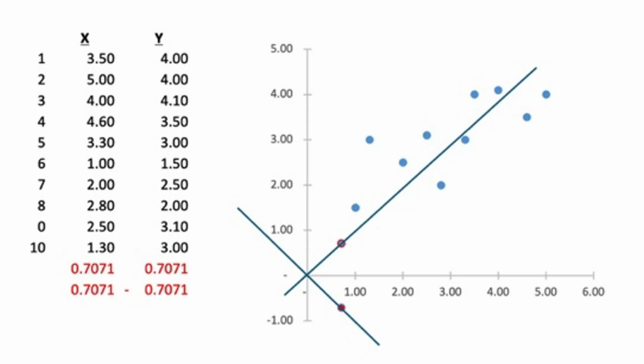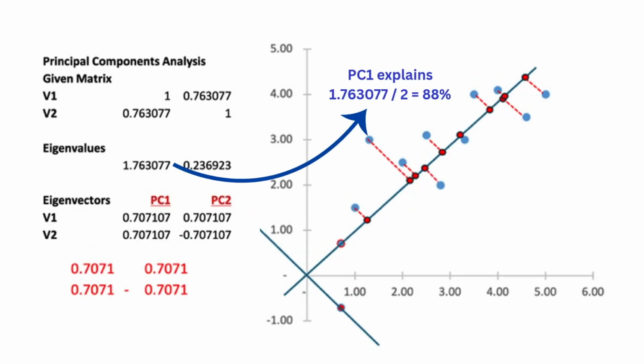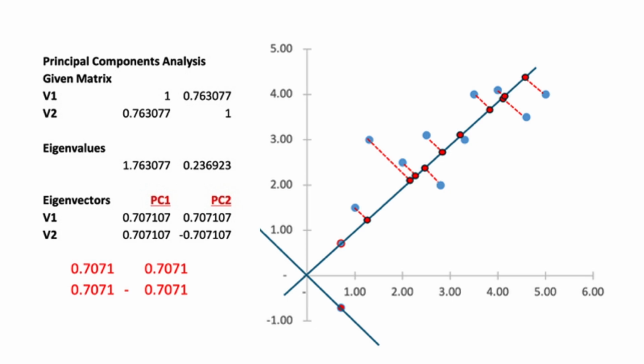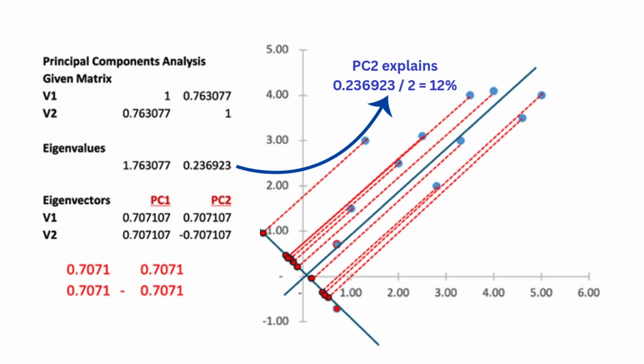Just to note that the plot is not too precise here, as adjustments were manually made to the Excel scatter plot to make the intervals as equal and even as possible. But the point should be clear. So the points when projected along the first principal component explain most of the 1.763 over 2 of the variations, or roughly 88% of the variations, estimated by using the eigenvalues. The second principal component explains the balance, or roughly 12% of the variations.